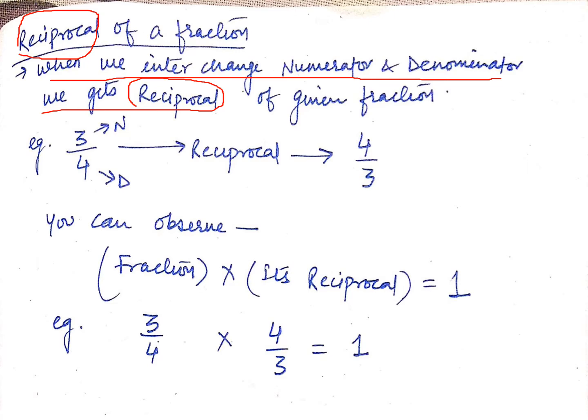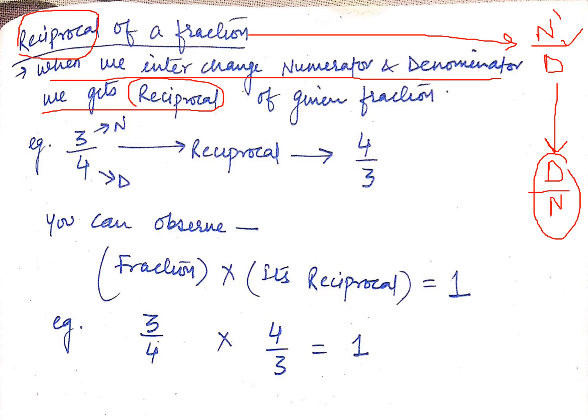So we all know a fraction is simply two terms in ratio. That means you have a numerator upon denominator. This is a normal fraction. So if you do a reciprocal of it, what will happen? This denominator will come in numerator and numerator will go in denominator like this. So what you are doing is you are interchanging the position of these two. That means it goes to this position, it goes to this position. This process is known as taking reciprocal.